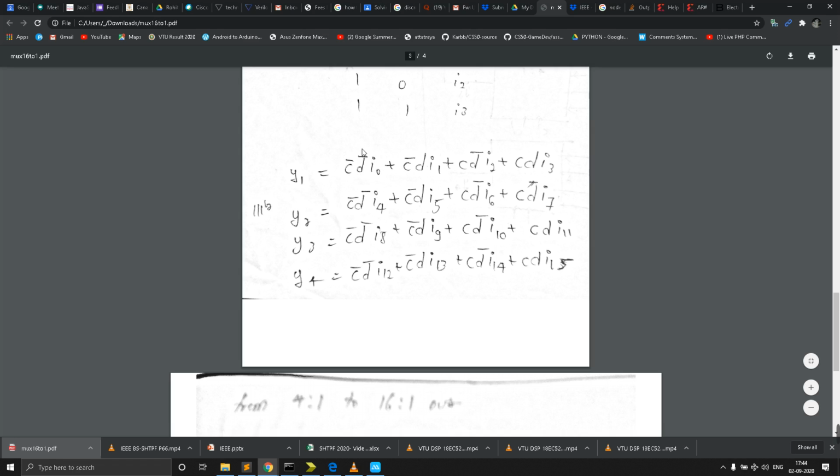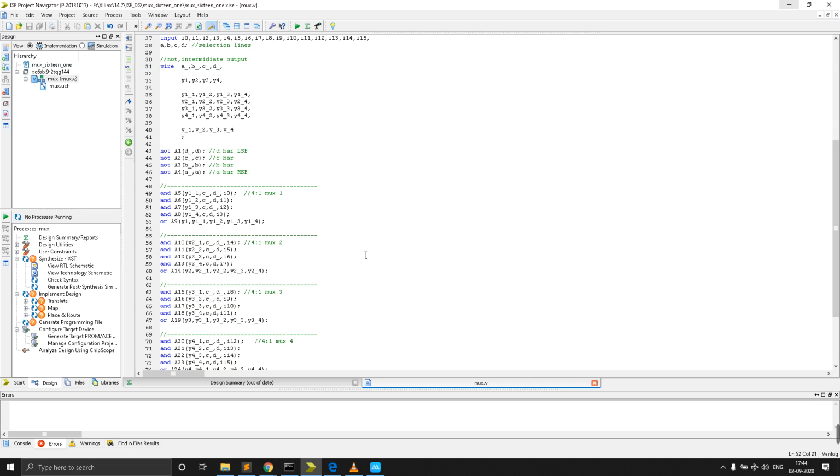So for that, this is one intermediate and this is another intermediate, like that. I have taken them.